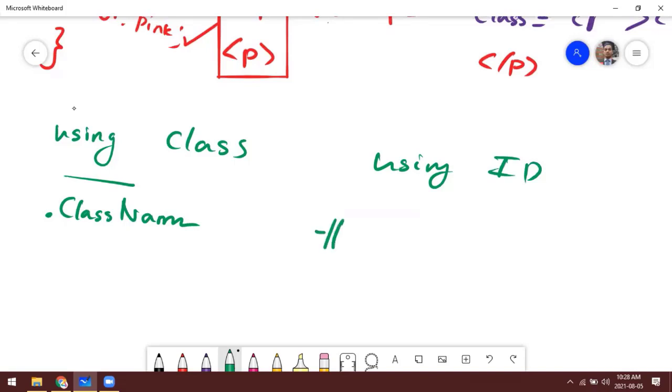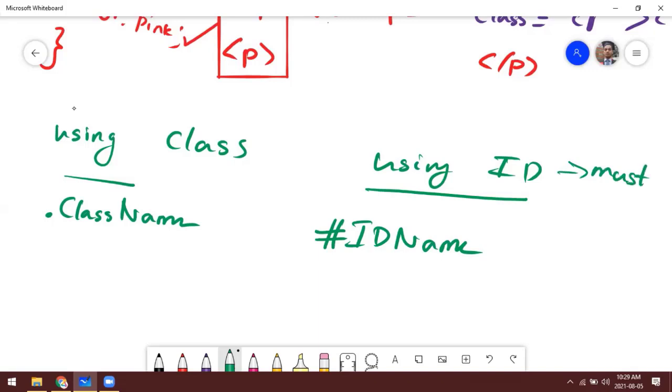We put the hash and give the ID name. Remember, ID must be unique. You can't give the same value to more than one element. Must be unique. So let me solve a few examples, then you will understand better.